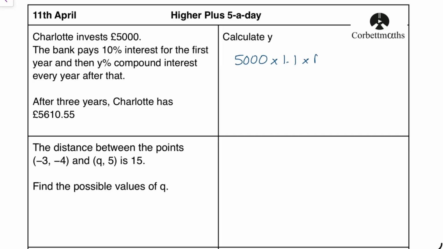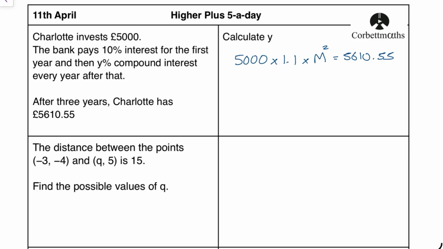Then she's going to multiply by a multiplier that I don't know. So I'm going to use M to represent the percentage as a multiplier and then work out what that M is later. I'll show you when I go through. And then she does that for every year after that. Well, if she does it for 3 years and the first year is done, it's going to be M squared, i.e. there are 2 more years at this different rate. And I know that's equal to